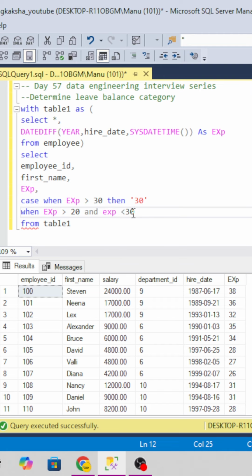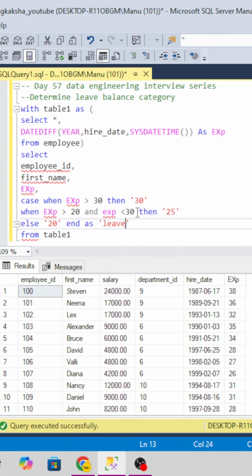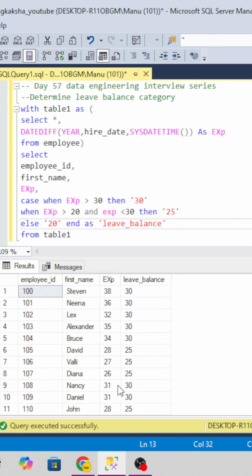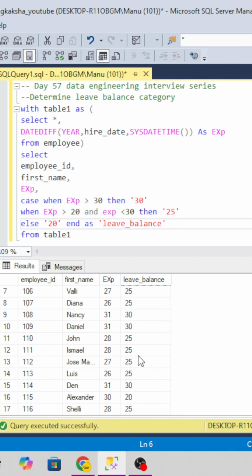Then we will give 25 leaves, else 20 leaves, and we have to give the alias leave balance. If we run this, we can see that those who have experience more than 30 are getting leave balance as 30. Those who have less than 30 are getting 25, and who have lower than that, they will be into the